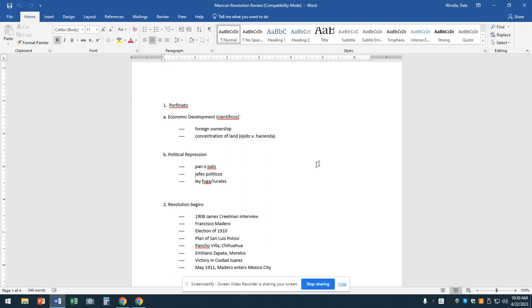Not much happened immediately, but there were two significant revolutionary movements already underway against the federal government. One was in Chihuahua, run by Pancho Villa. He was a former bandit who developed some really sophisticated military skills and developed an increasingly large army. In the south, in Morelos, a very indigenous, very poor state, but nonetheless very productive agriculturally, and so a lot of the ejido land had been taken. That insurrection was led by Emiliano Zapata.